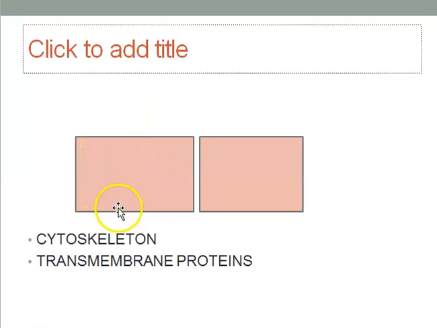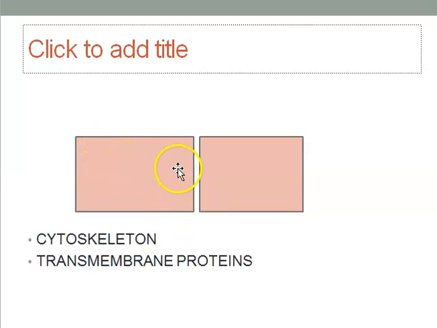So let me introduce you to the concept of cell junctions before going to the definition. Consider two cells which are going to be held together. The outer lining is called the plasma membrane, and the space between the cells is called the intercellular space. The proteins which are responsible for cell junctions, which help the cells to get glued to each other, are called the transmembrane proteins. These are found on the plasma membrane.